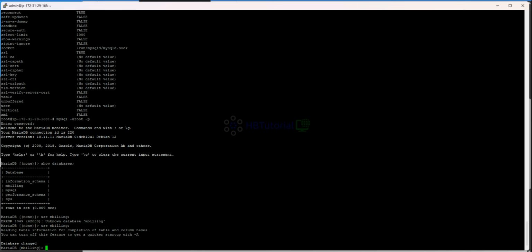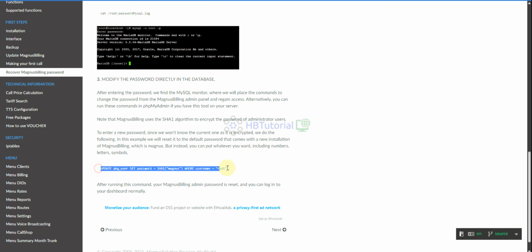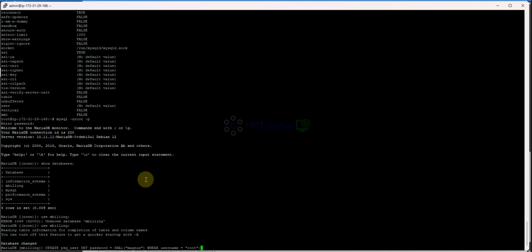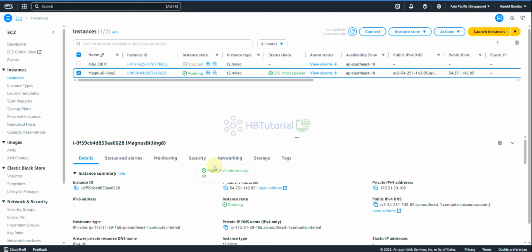After that, you can use this to update the root password. Go back here and paste here. As you can see, it says the root password has been updated and applied.